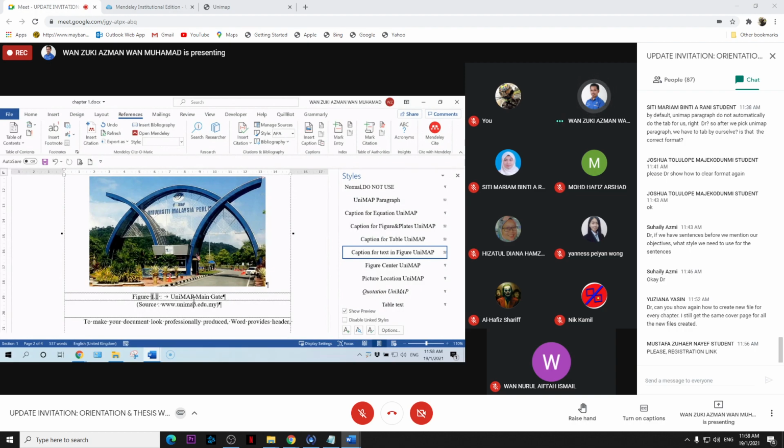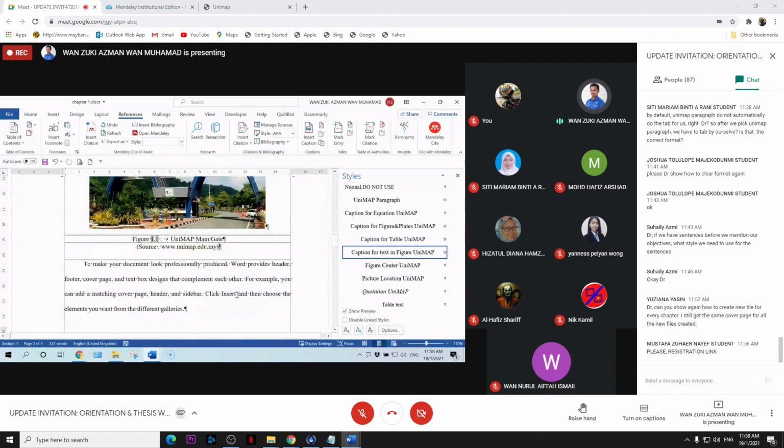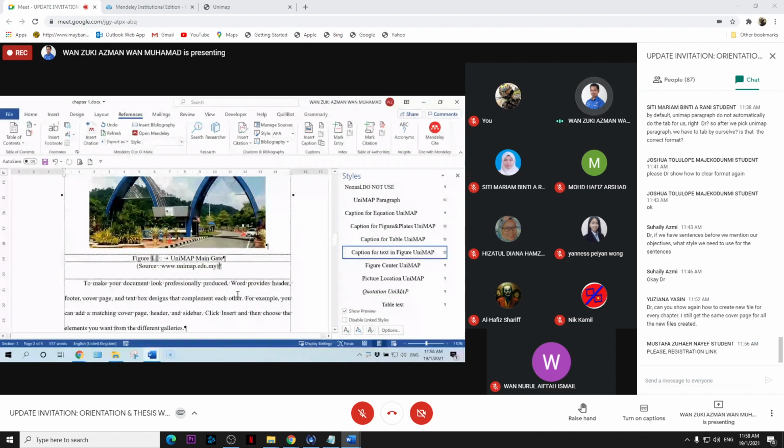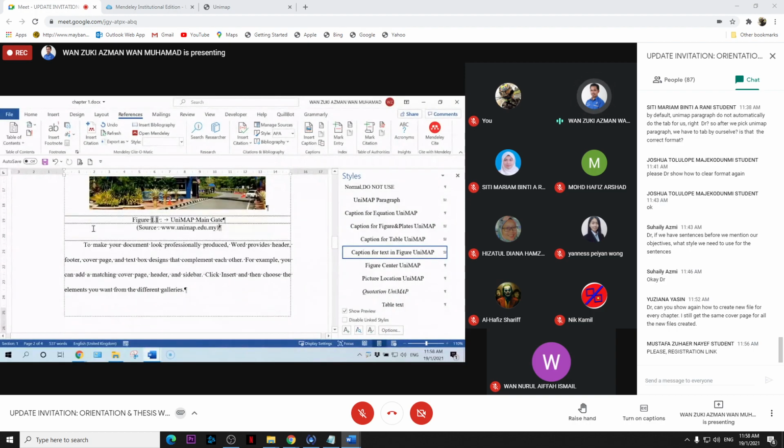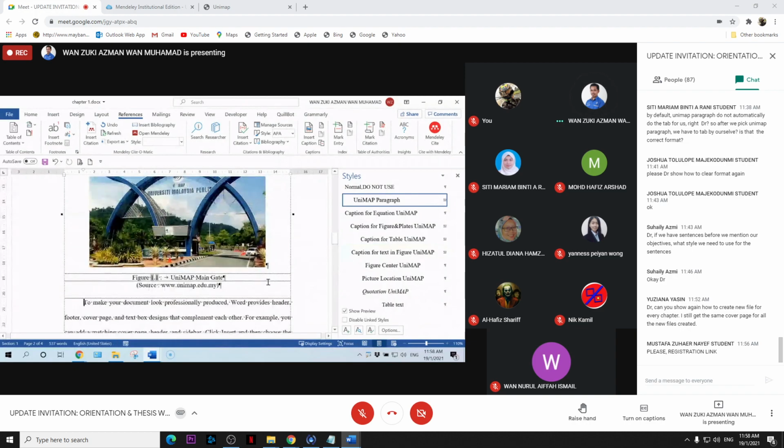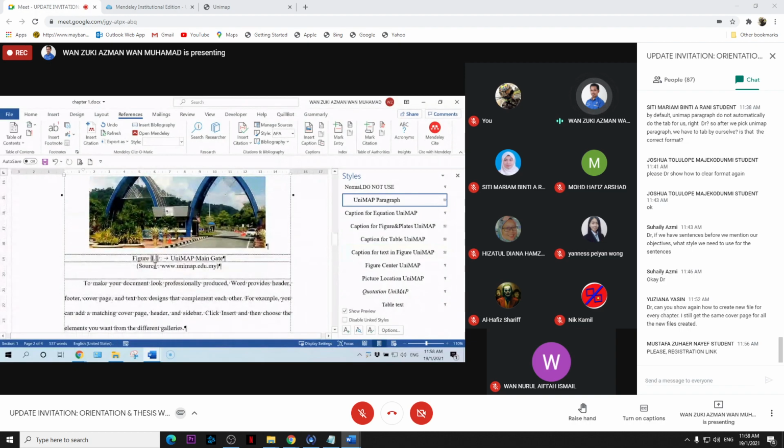Okay, if you want to add a new figure, before I add it, I want to show you the cross-reference. Okay, cross-reference, I want to refer to this figure 1.1.